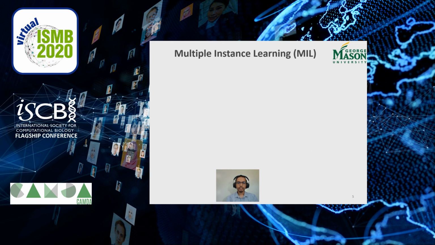So in multiple instance learning, the data is not just one single vector or data instance. Instead, the data is composed of multiple data instances, which are collectively representing that sample. So in MIL, we call this sample a bag, and we call the constituent parts instances. Usually we have labeled bags and unlabeled instances, which is represented here as a question mark in the diagram.